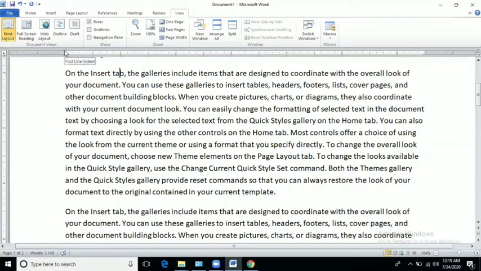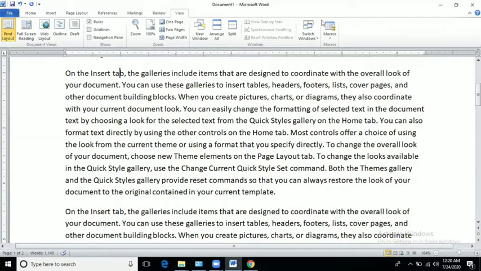The second one, the middle one, is called hanging indent. And for the left indent, we use this mark. So this one is the first line indent marker, this one is hanging indent, this one is for left indent, and this one is for right indent.